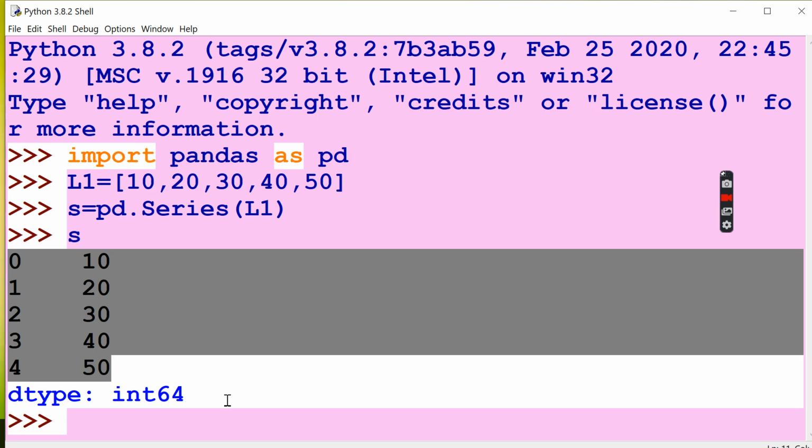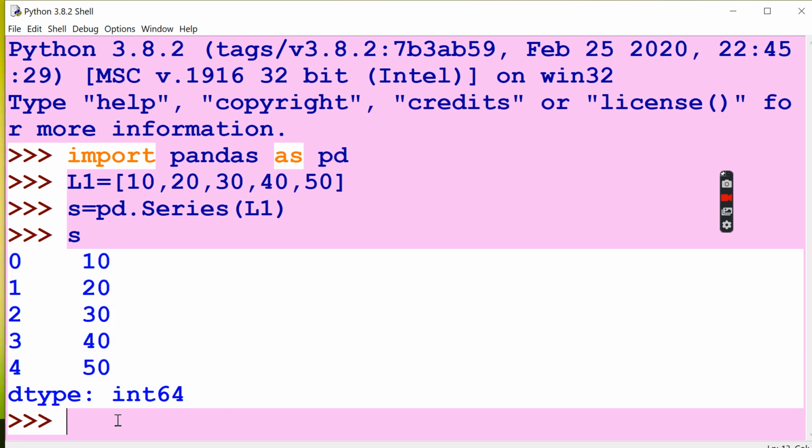4, 5, right? Now if you want to say print s and the listed items, previous, so okay, starting from 0, ending with 4 only there, right? And then stepping value 2, what will be the result?